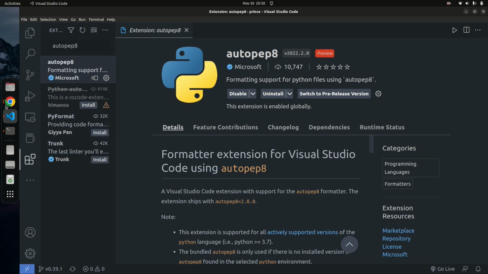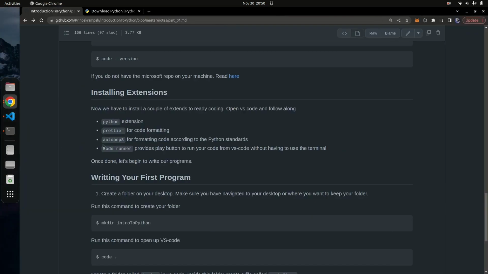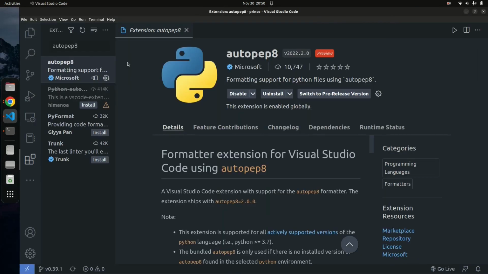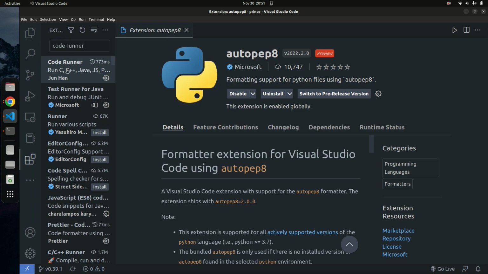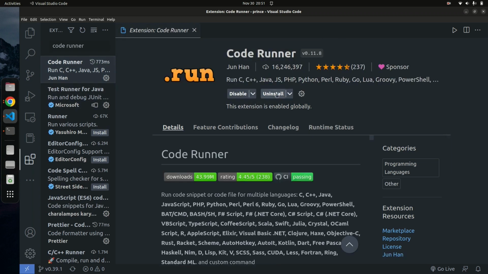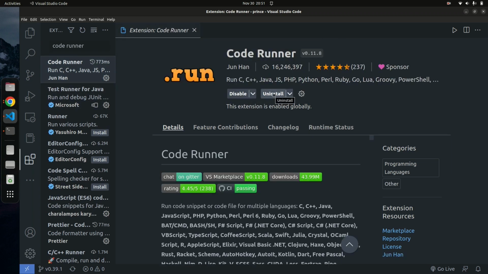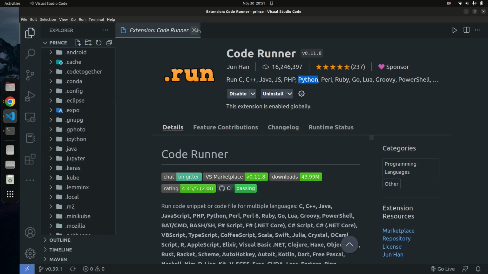And also we want to install Code Runner, and Code Runner will help us to run our code in VS Code. So go ahead and type in Code Runner and press enter. Let me wait for this. This opens up, and you just click on install. Code Runner helps you to run your C++ code, your Java code, your Python code. In this case, we're interested in Python, so it's going to help us to run our Python code. So great, once we have that done, we are ready to go. We have everything set up as we should.